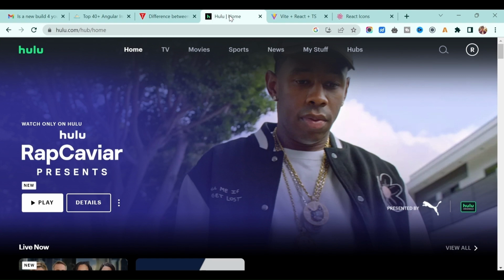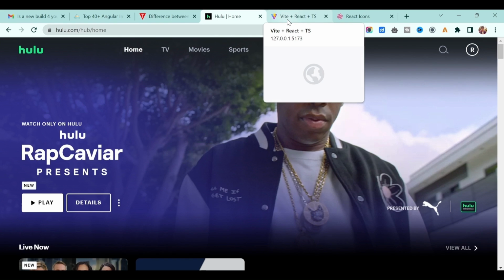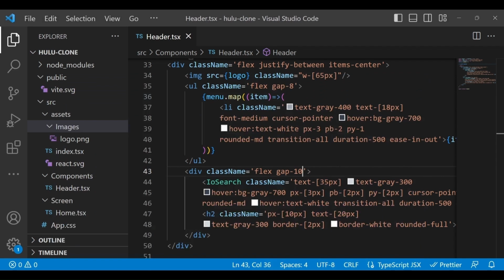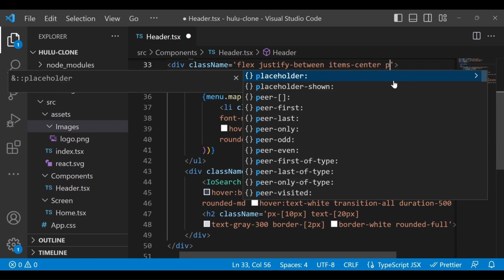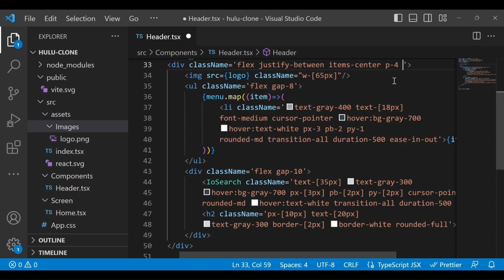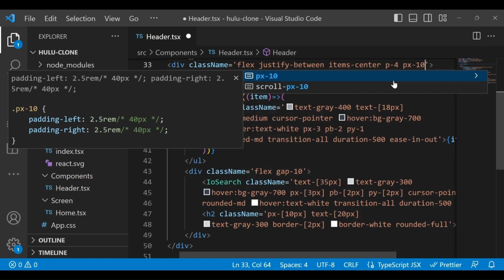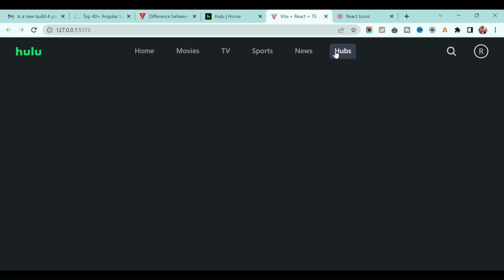Now if you see, we have some padding from top and from the x-axis as well, right? So let's go here and give some padding from all sides, 4, and on padding x to be 10, and let's save it. Let's look how it looks. Perfect.